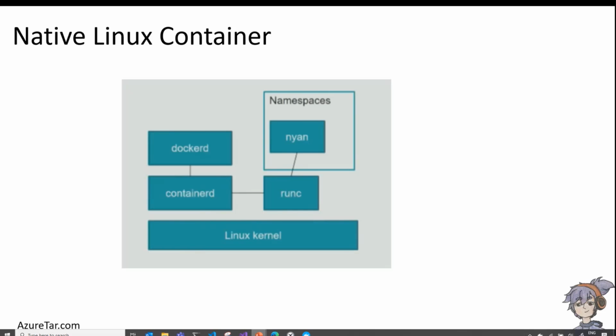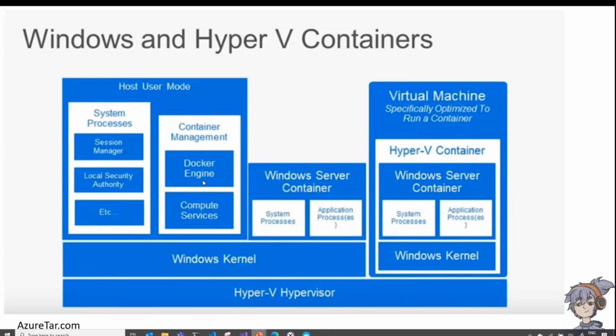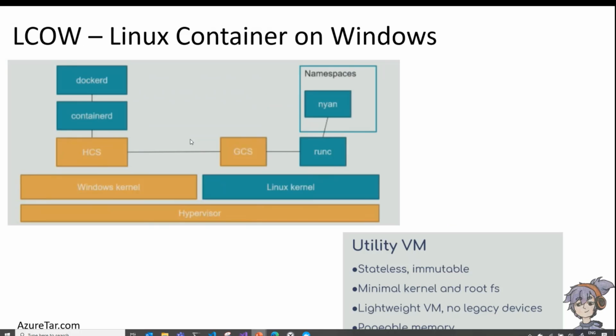What we did, Fernando, we did a little bit more. We thought, okay, we want to run Linux containers inside Windows as well. Okay, the Windows container feature is not just for Windows; it can be Linux as well. And that's what we call Linux containers on Windows. Then here, in orange, you can see that you have the Windows kernel, similar to what I was showing before, where you have that host container service. That's the container service I was talking about on the previous slide. If you compare here, see, that's the compute service, the container management. And that's what they call the host container service. That can create the container using Container D now. We don't even need Docker anymore, but